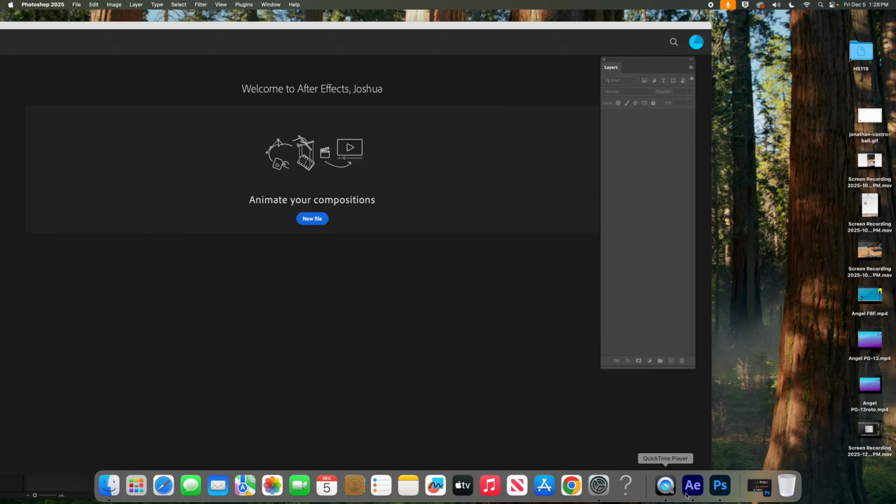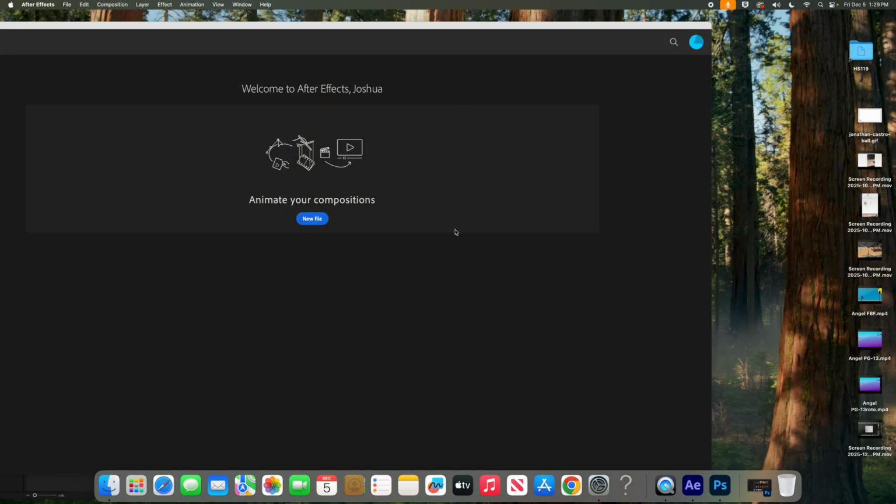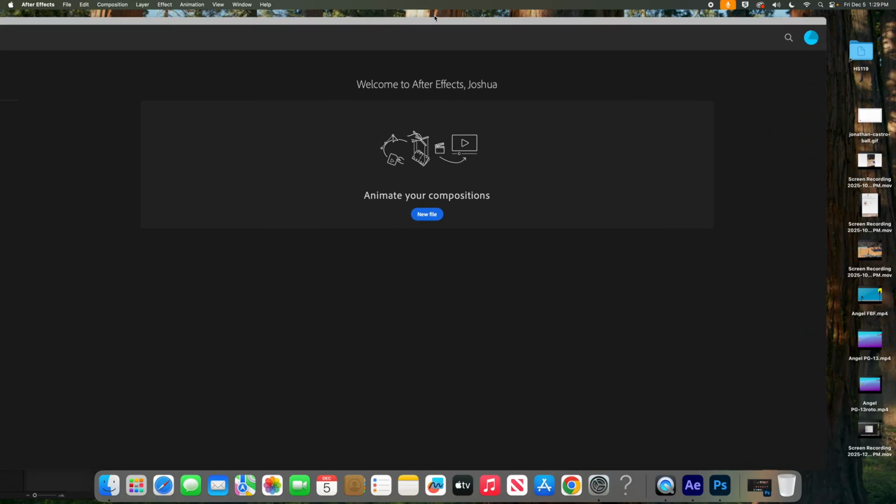And you can open up Adobe After Effects. So go to your Launchpad, go to Adobe After Effects, and open that up. Once you get there,